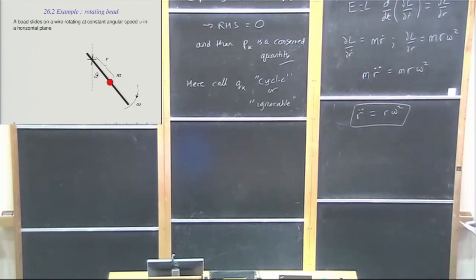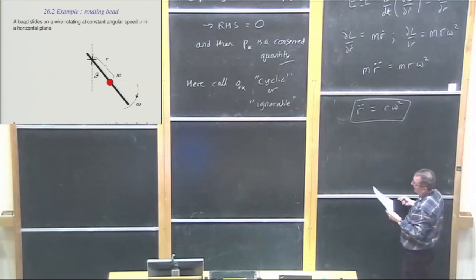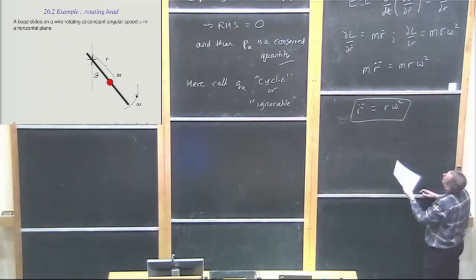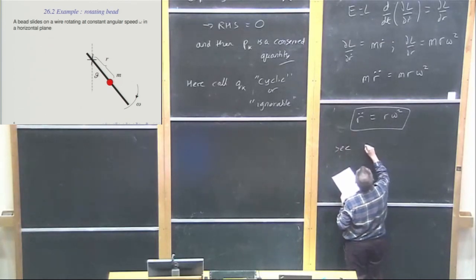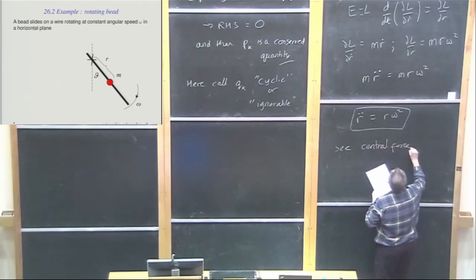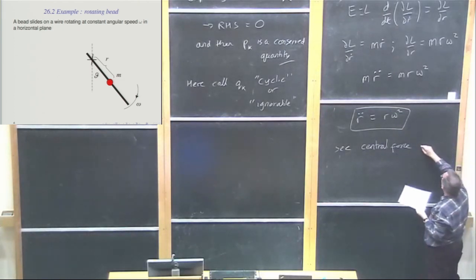So fantastic. In this problem, that's where the specific Lagrangian mechanics part of it finishes. If we want to solve this equation, we have to solve it just as we have solved these equations before. We won't do this for all examples, but let's just do it for this case. Firstly, if we look at this, we see this is a situation with a central force, because the right-hand side must be a force, if we now interpret it in terms of Newton's second law,